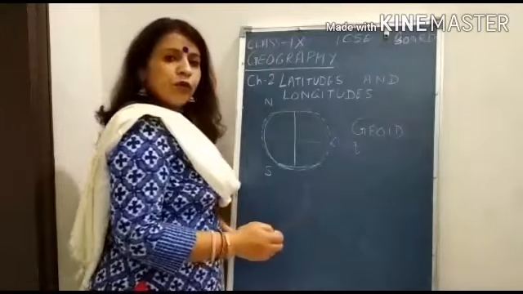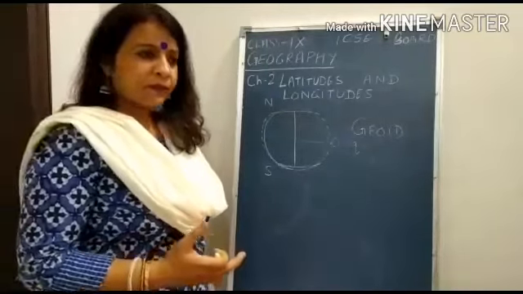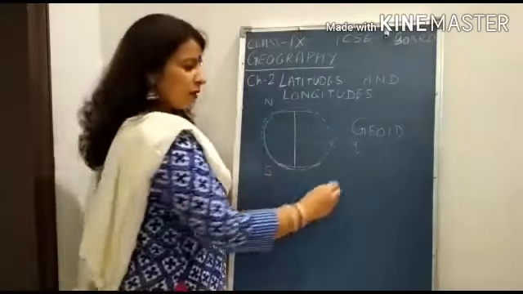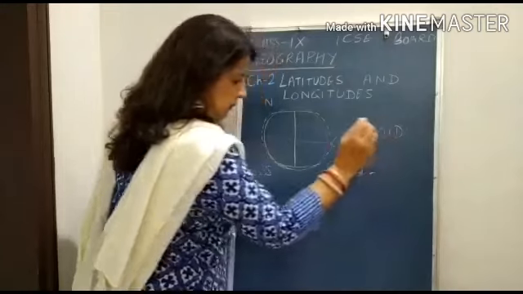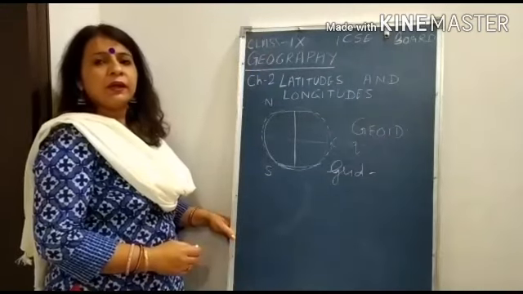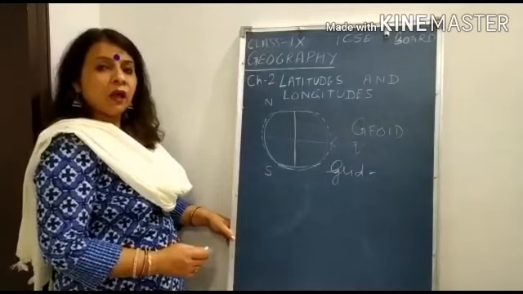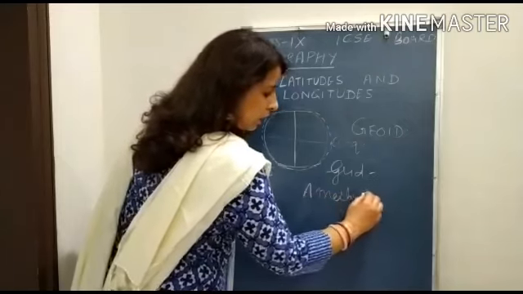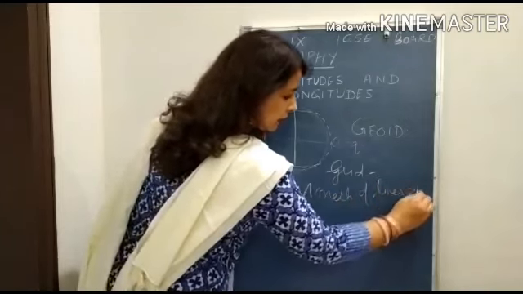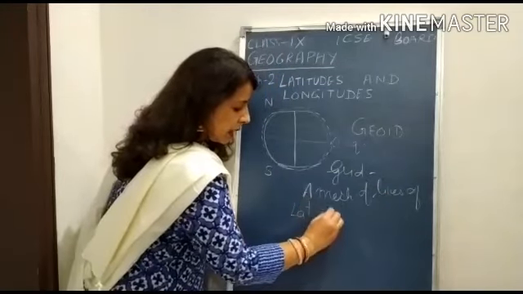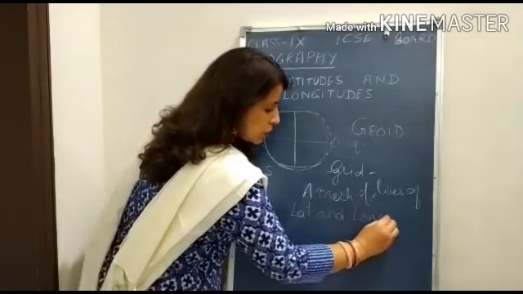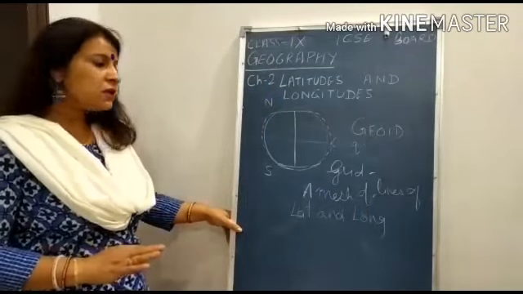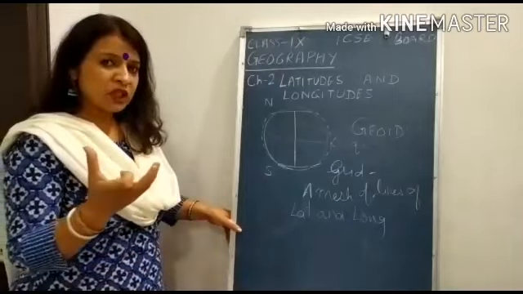Yes, students. For the location of certain places, we have to know about the grids. So what is a grid? A grid is a mesh or a network of lines of latitudes and longitudes. So what is a grid? A mesh of lines of latitudes and longitudes. Have you seen a mesh? Have you seen a sieve? Yes, your mama is using it in the kitchen.